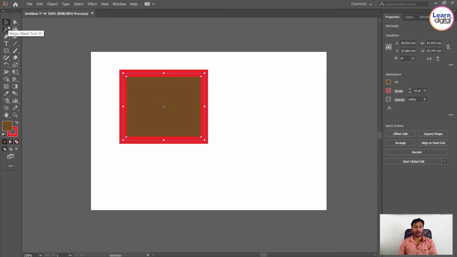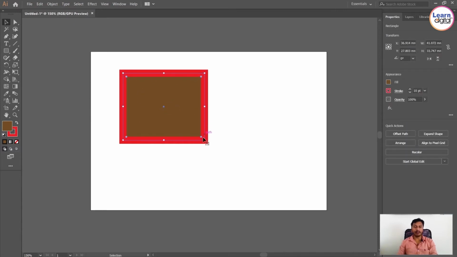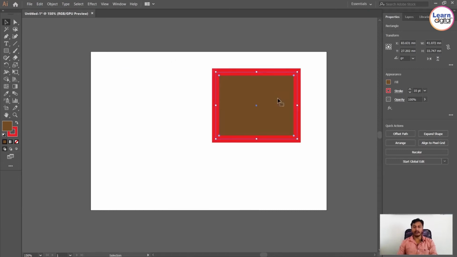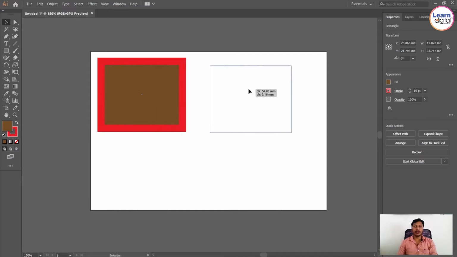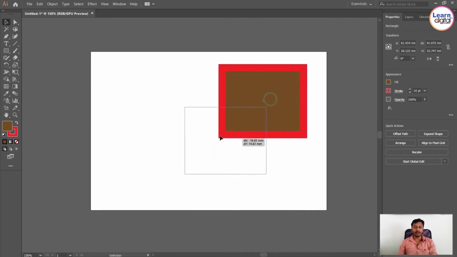The selection tool is also our move tool in Illustrator. Right now nothing is selected, nothing is highlighted. If you click on that object, it will highlight with a blue line, and you can also see eight small points, and the middle one, the ninth point, which we call the center point of an object. Now it is your selected object. Just click and drag, and that means you can move your object from one position to another.